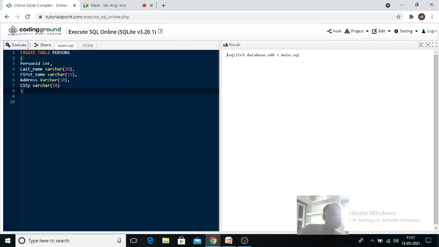Later we will see how to see the created tables. So I will give the semicolon and execute. Now the table is created. Is it clear now? Any doubt?